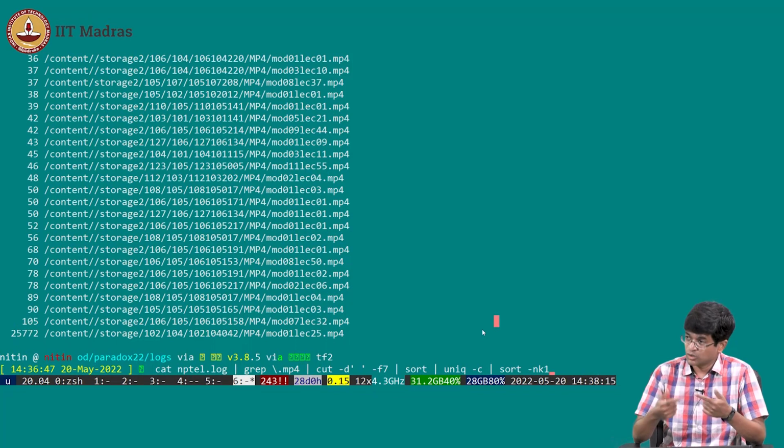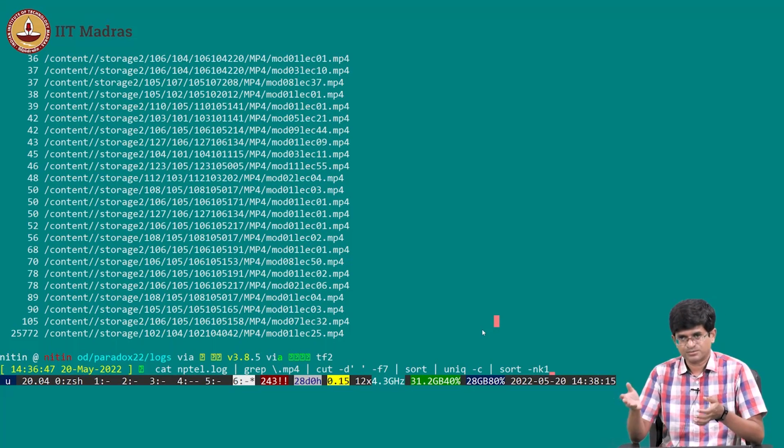If you really want to do this in real time on a large scale, even Python is not good because it's an interpreted language. It's not really the best way to do it. You can then go for some kind of a compiled log analysis program, either C or Go or something of that sort, okay. But what I want to emphasize over here is this part of it, the fact that I can pipe things through, okay.